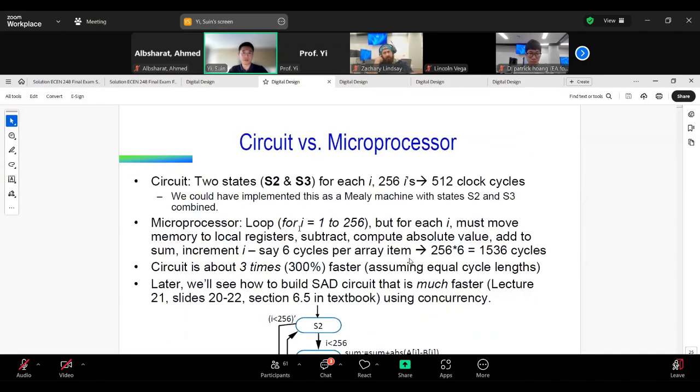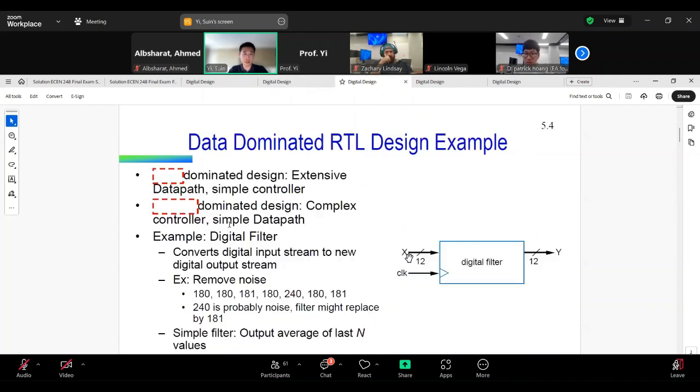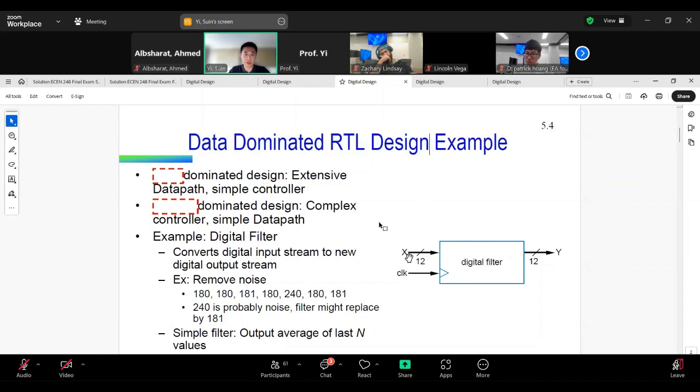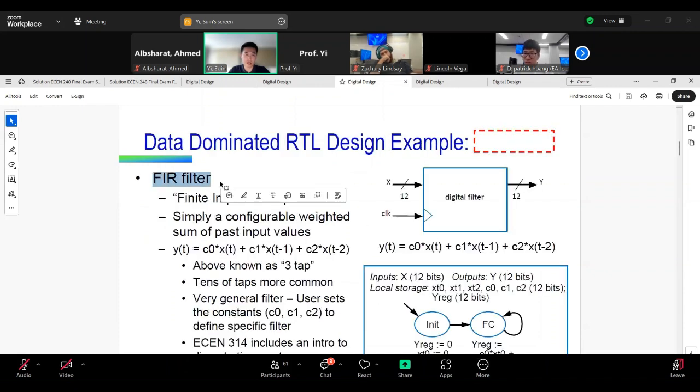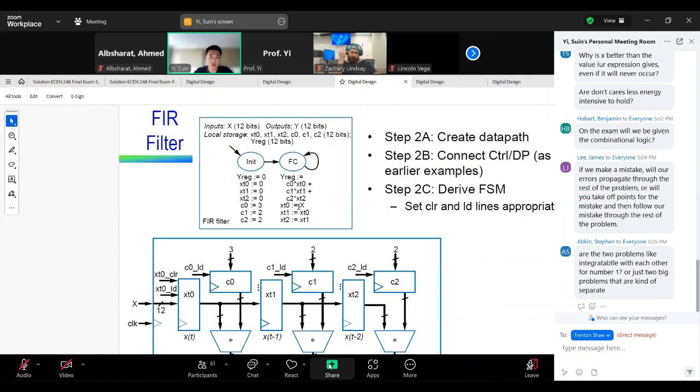Sum of absolute differences, HLSM, and then lecture 19, finalize the HLSM portion. So we learned the data-dominated RTL design, especially the FIR filter, finite impulse response filter. Here, because we are utilizing concurrency, we just have two states, and that necessitates a large number of multipliers and adders. So you could convert this HLSM into